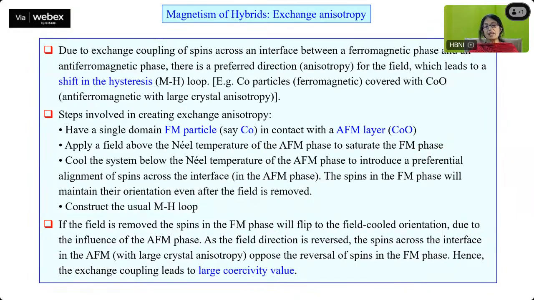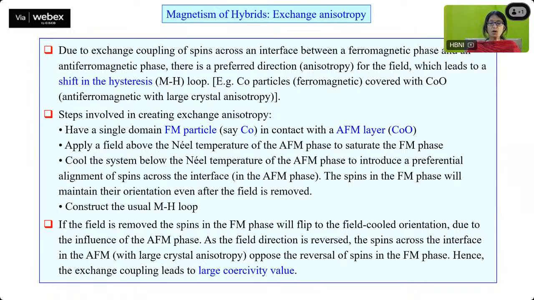So what does magnetism of hybrids mean? There is an exchange anisotropy. Due to exchange coupling of spins across an interface, because now you have a hybrid with different kinds of materials, at the interface there is going to be an exchange coupling of spins between a ferromagnetic phase and an antiferromagnetic phase. And that is a preferred directional anisotropy for the field, which leads to a shift in